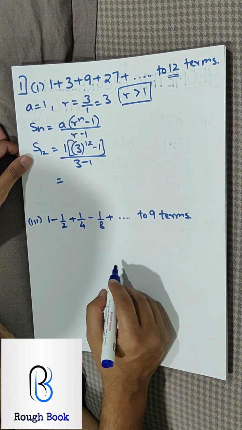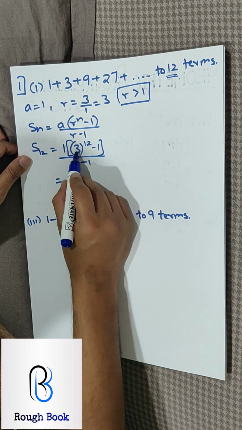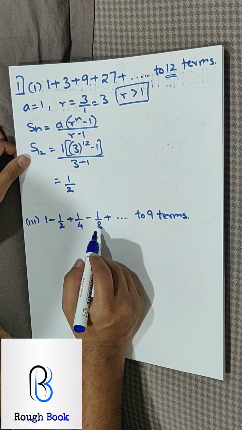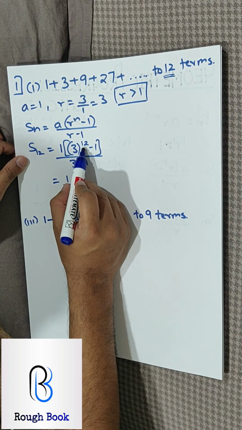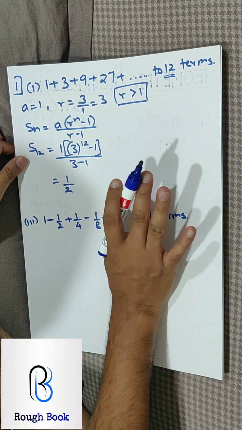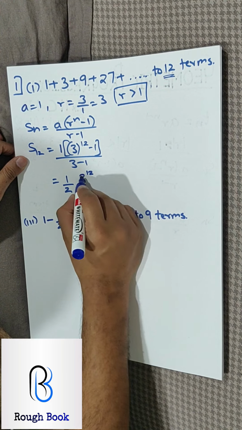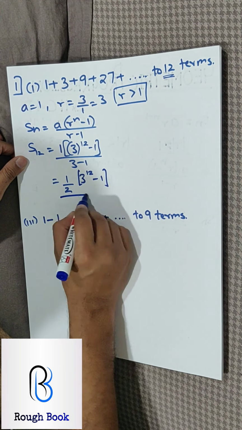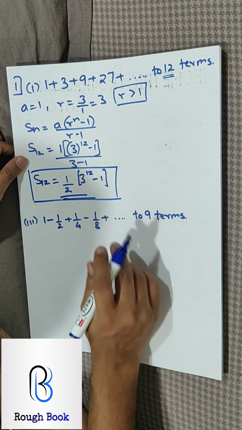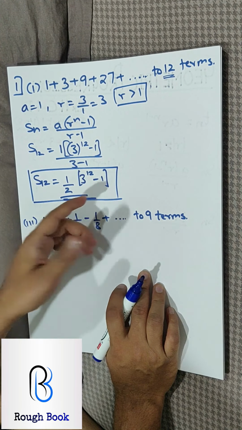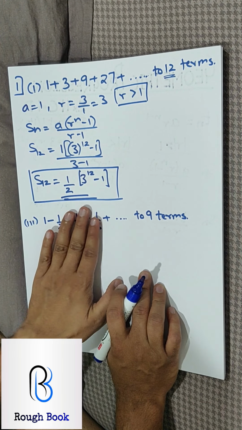Now pause here and look at this carefully. Here this is 1, 3 minus 1 becomes 2. 3 raised to 12 is a very big number to calculate. The board says that if this power is greater than 10, you don't need to multiply. You can keep it as it is, unless it is a word problem. So 3 raised to 12 minus 1, I keep as it is. That becomes my sum of 12 terms. No need to calculate. If you still want to, you can. There is no harm, no one is going to mark it incorrect. But you are allowed to leave it here.